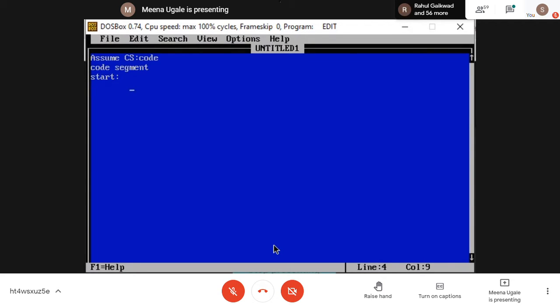The first instruction that I want to write is move. I'm going for two numbers addition, two 8-bit numbers addition. So for 8-bit numbers, I'm going to use AL as my first register. In AL, you can write down any number that you want.